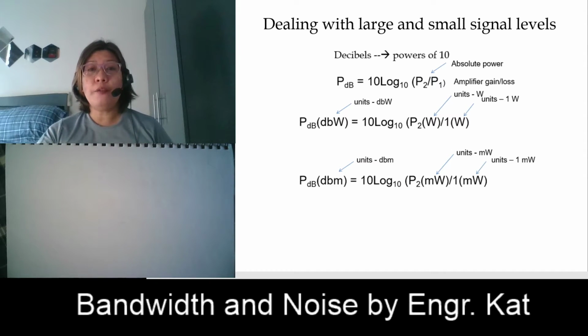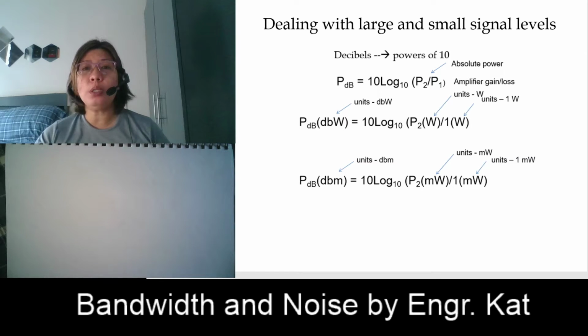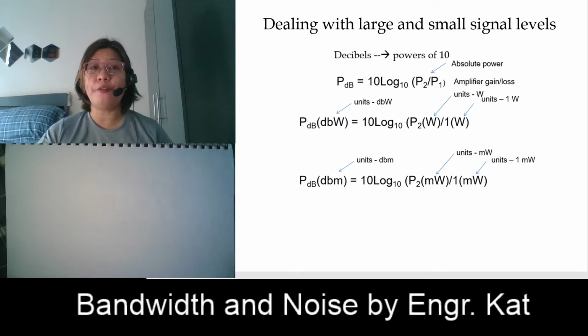Okay, so we have here your power in terms of decibels, in terms of watts, if your unit is watts. And it is dBm. The small letter m there stands for milli. So when do we use milli? We use it when our unit is in terms of milliwatts, or our reference is in terms of milliwatts. You can also encounter dB micro. So what do we mean by micro? Your reference power this time is in terms of microwatts.